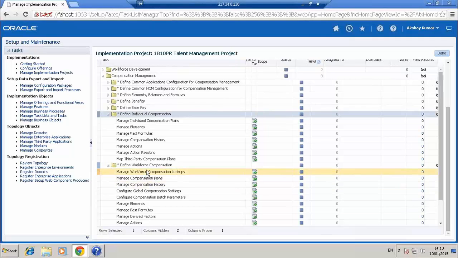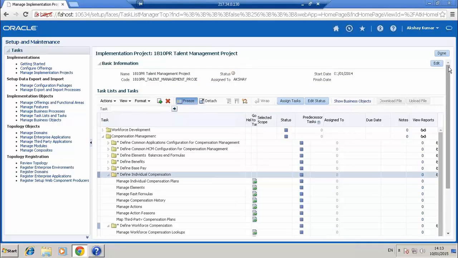This is what we will be using. Before getting into individual compensation or workforce compensation, we will also run through what roles are available for accessing the compensation model. It is mainly compensation manager, compensation administrator, then line managers and employees, and also HR specialists.